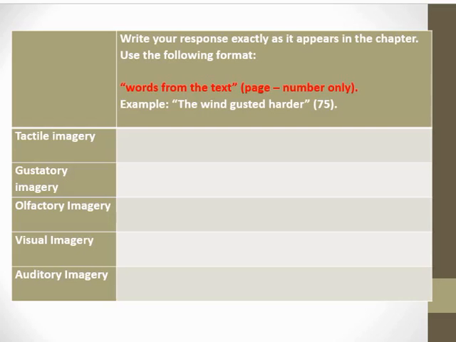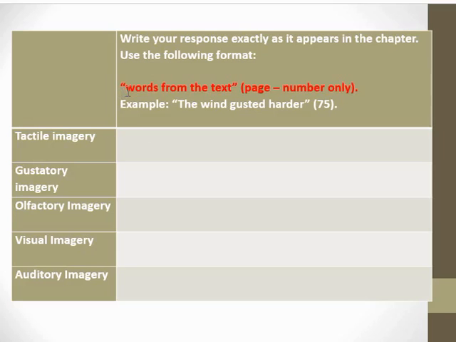Another assignment of yours for the week as you read chapters 1 through 4 is to be a detective and find examples of each of these types of imagery. You're going to write the examples as they appear in the novel and practice our text evidence writing. When you write using textual evidence, you're going to put them around quotations because you're taking them out of a book and they don't belong to you. They belong to Mr. Ben Michelson. Put quotations around the words.